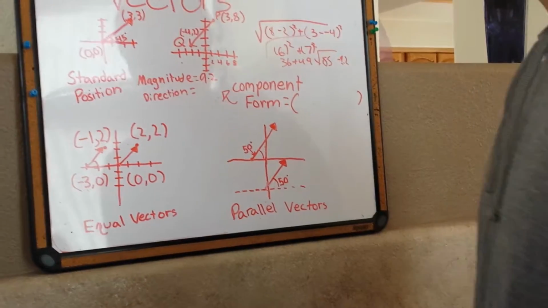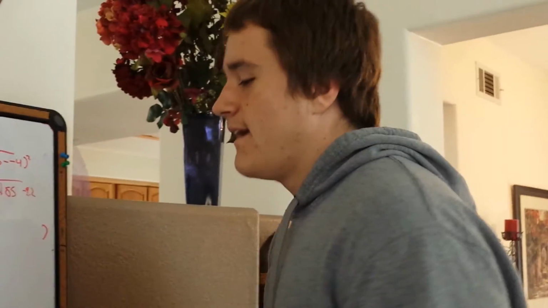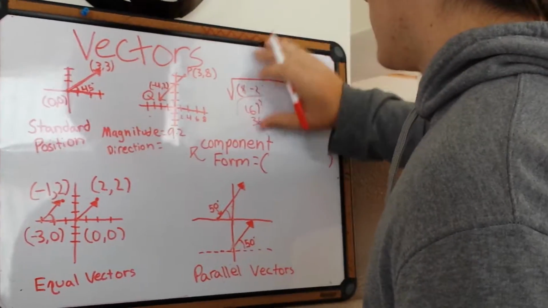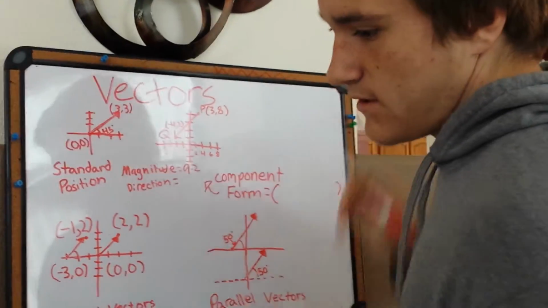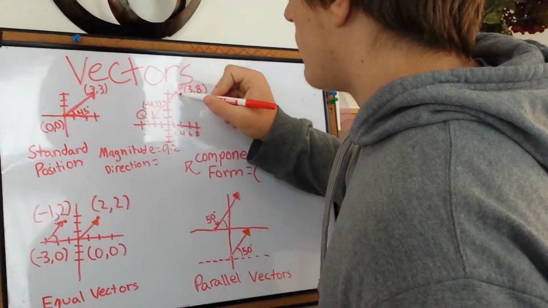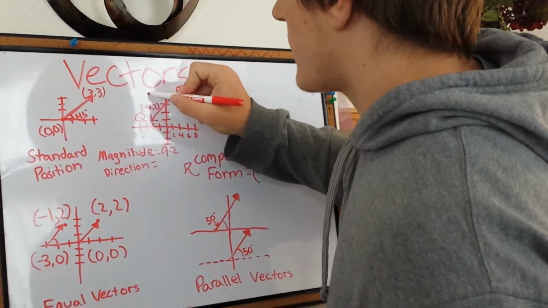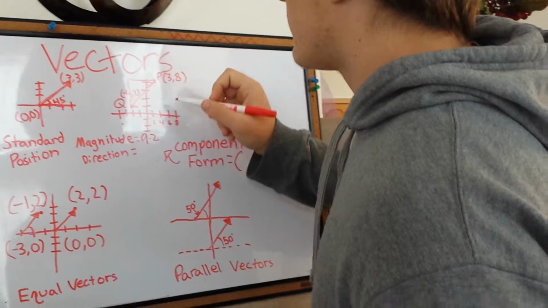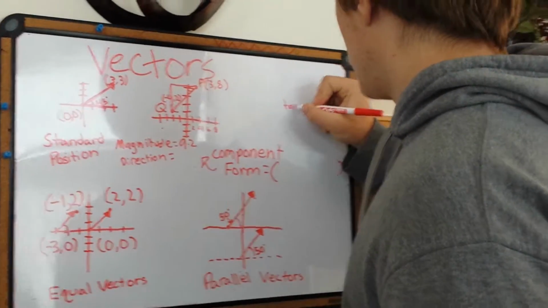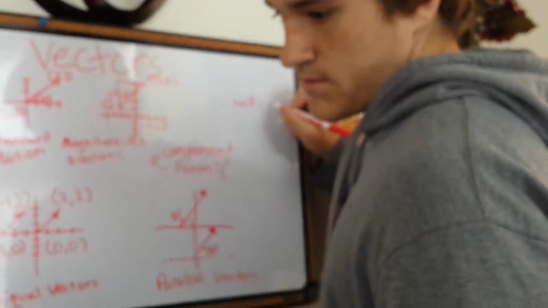And then to solve for direction, we have to go back into trig. I know no one likes trig, but it's pretty useful, so I guess we're going to have to use it this time. So to set this up for trig is pretty simple. Basically all you have to do is find the tangent of this angle P, right? So let's make this into a right triangle, and you want to find this. So P, we're going to do tangent of P is equal to